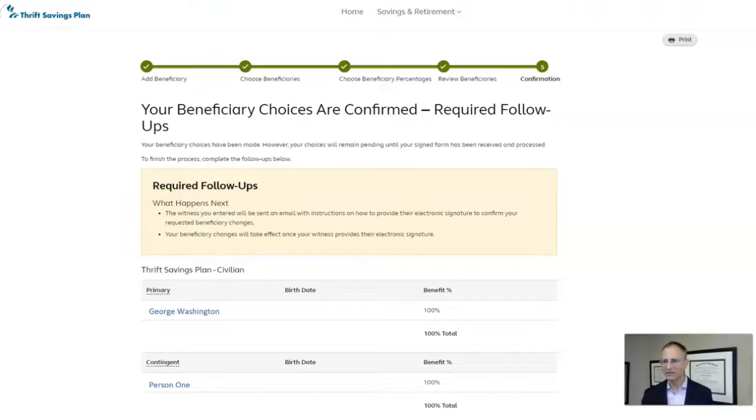So that's basically it. If you have not updated your estate plan in a while, if it's been more than 5 years, it's probably a good time to reach out to your estate attorney or your financial planner and see if any changes need to be made to your estate plan. It's a good time to think about those things as well.